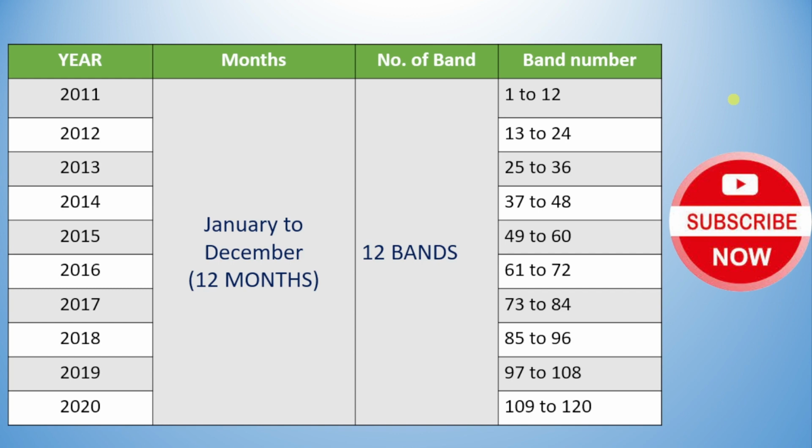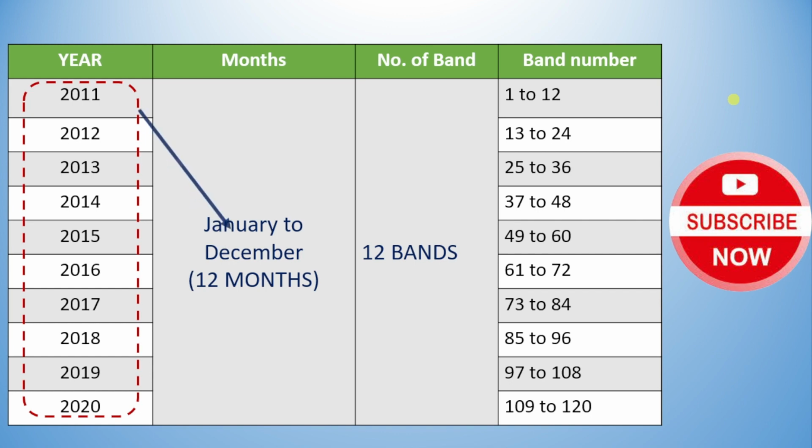As we are downloading the rainfall data from the year 2011 to 2020, and each year has 12 months, that is January to December. Now suppose for the year 2011 it has 12 months. Therefore data providers are providing us data using bands for each month. Therefore 12 bands, one for each month of a year, have been generated,